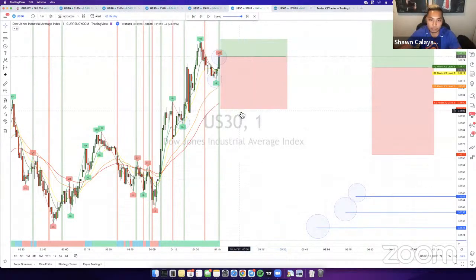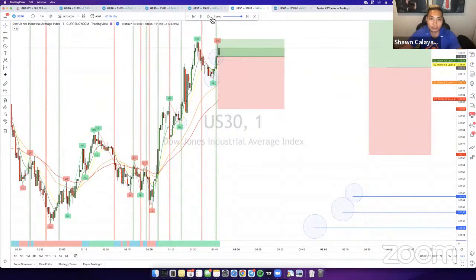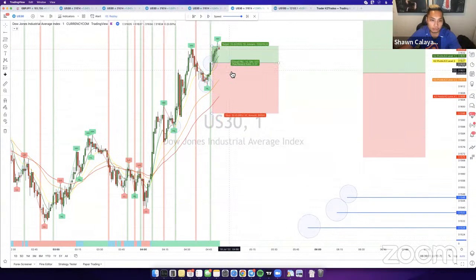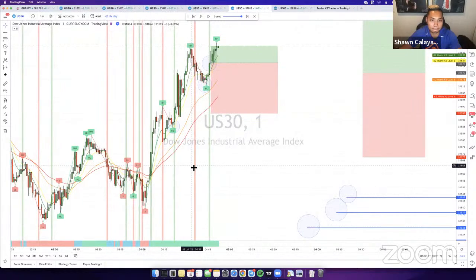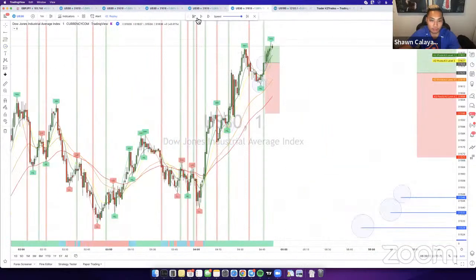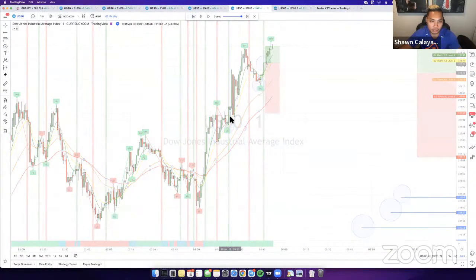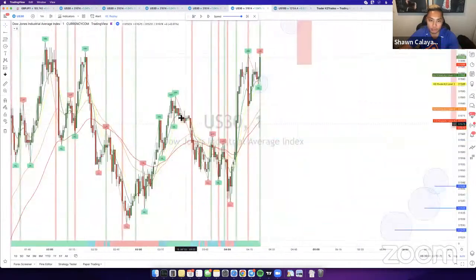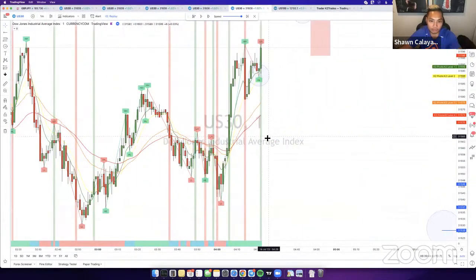So here's the 1 minute entry, 100 pips, you let it run. And there you go, full TP. And I think there's another one right here. So there's one right there, full TP. And this is just so you guys have a heads up for which entries I'm actually looking to take, because you guys know that I usually pick the good entries. This is something that I didn't realize I really looked at,